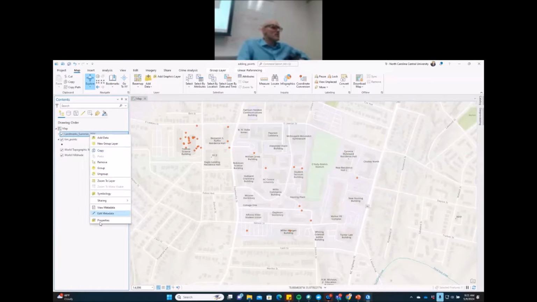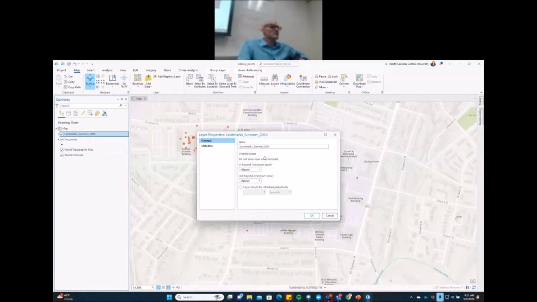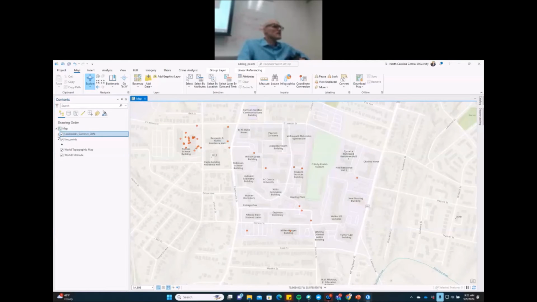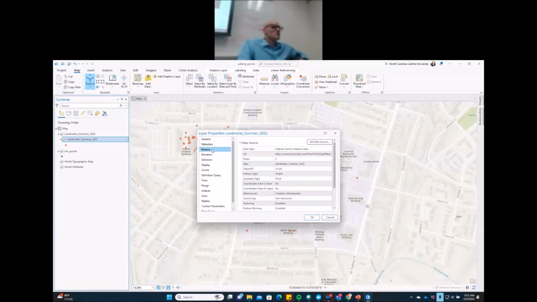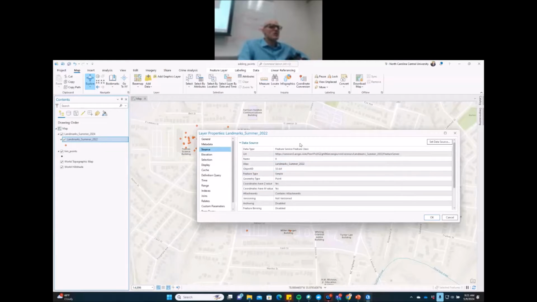But for this landmarks layer, if I right mouse click and click on properties, I've got to go down here to landmarks 2022 because I called it 2024. Right. But I go to the source, and you can see it's got a dedicated URL sitting there. Basically, I call it landmarks 2024 because I just renamed it from 2022